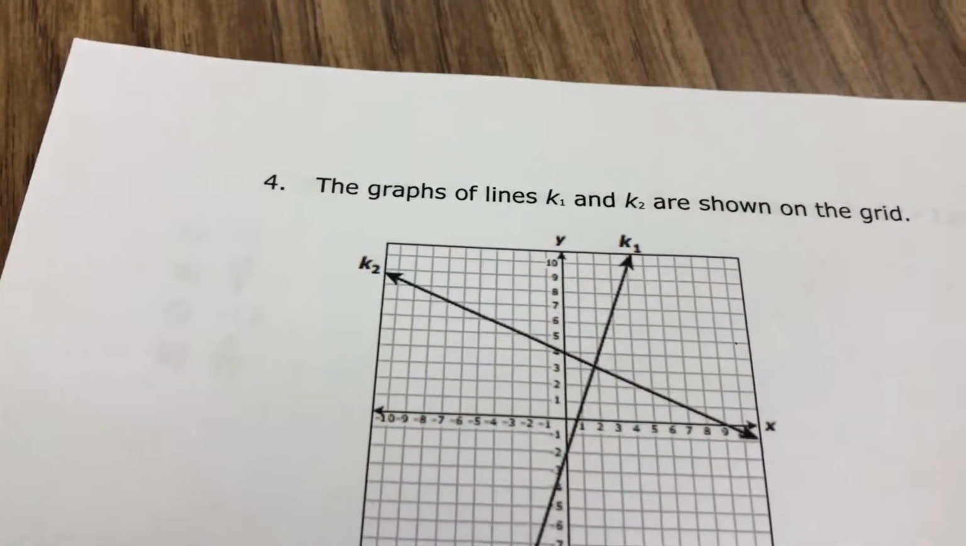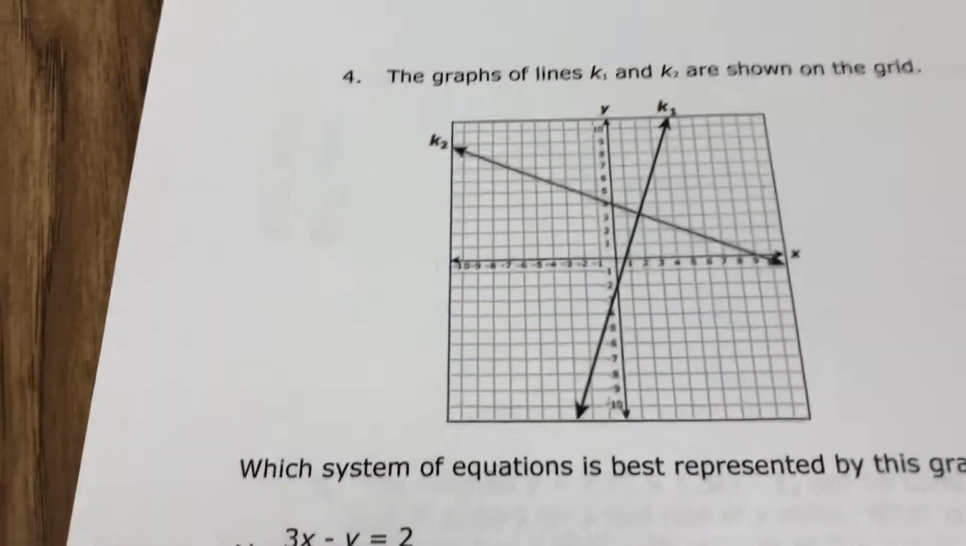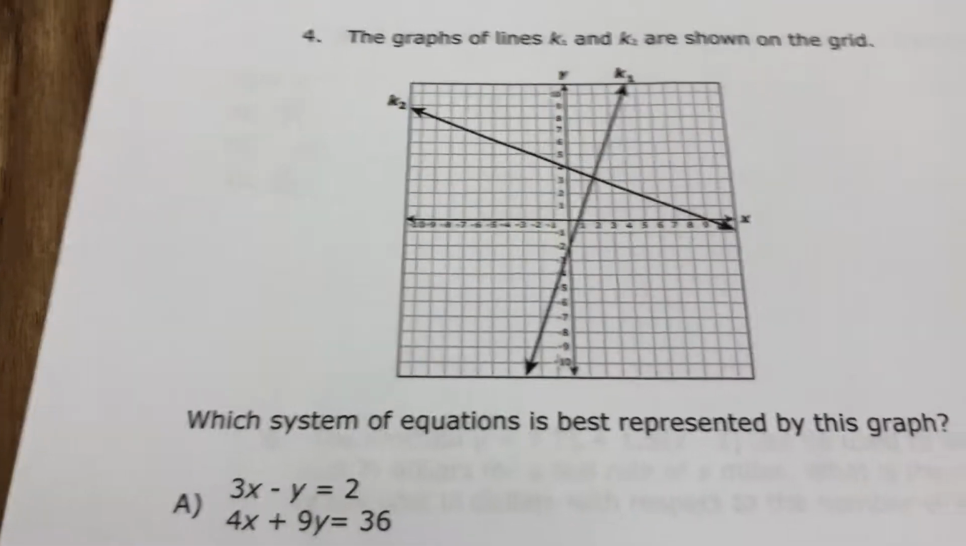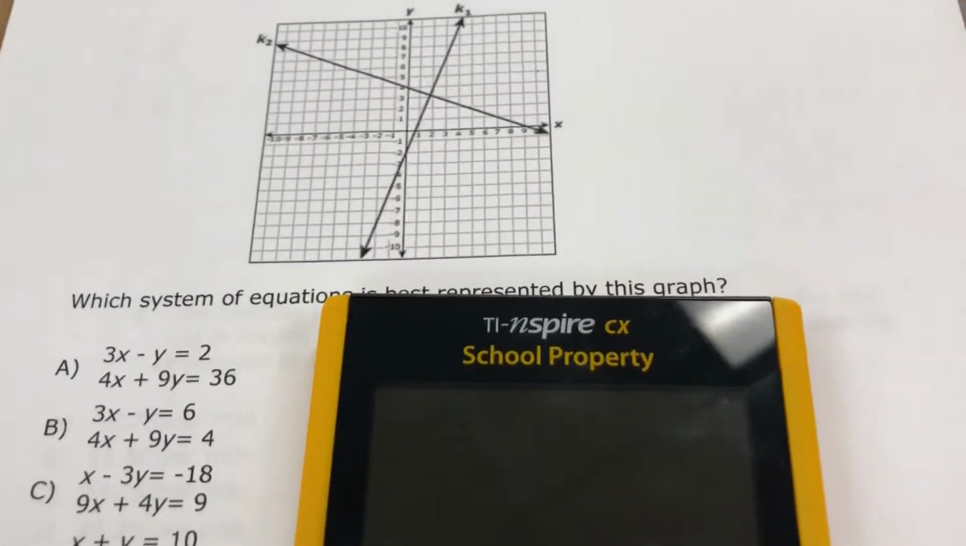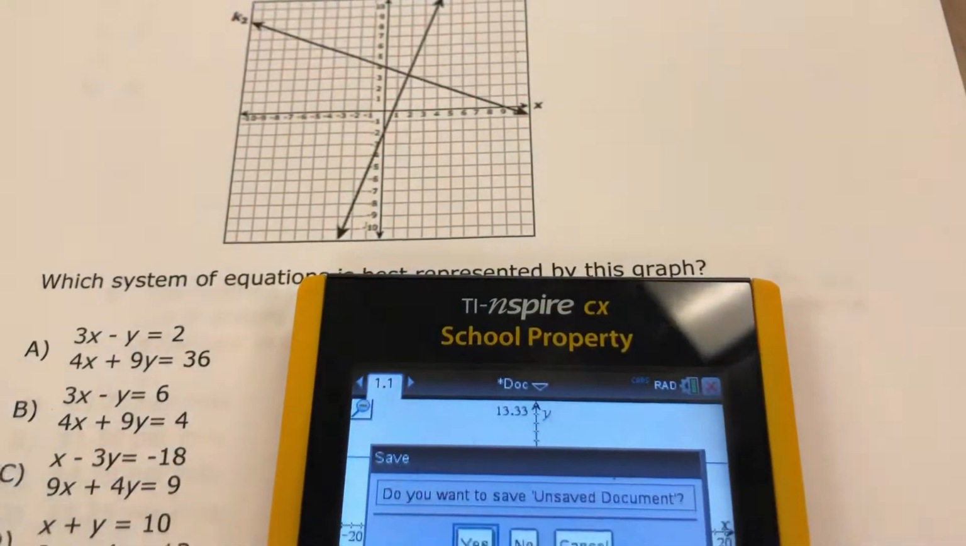Okay, the graph of lines K1 and K2 are shown on the grid below. Which system of equations best represents the graph? Okay, so remember, you can type all of these into your graphing and just double check them. All right, so we're gonna go on, new graph,